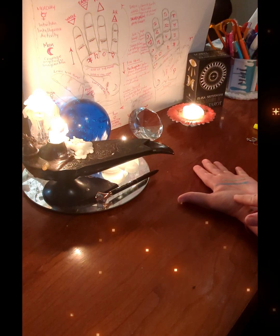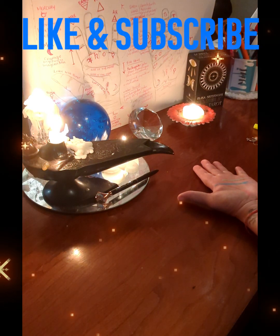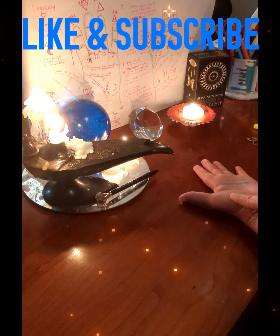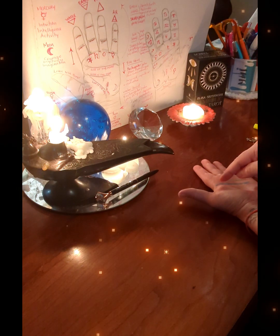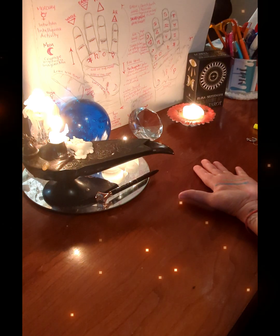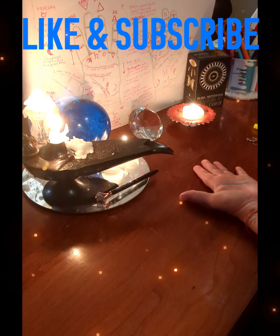Now, this is your mount of Venus, and this is the moon. So the moon is courage, mysticism, and imagination. And the mount of Venus is love, sympathy, and grace. So my line of life is going all the way down from Saturn, which is discipline, balance, and independence, going past my Venus, love, sympathy, and grace, and bringing it straight to my bracelets, which would be my three-prong